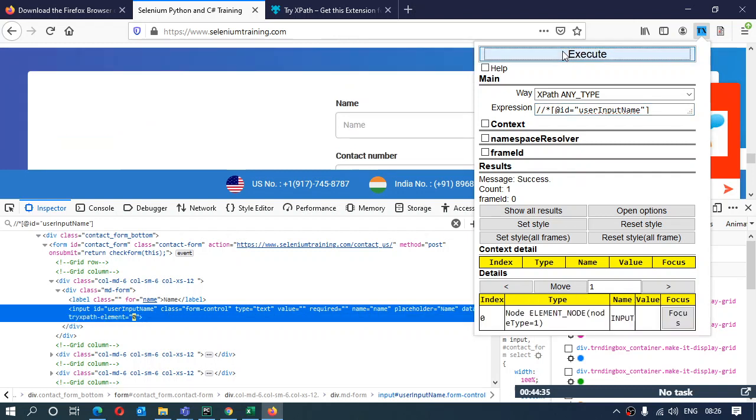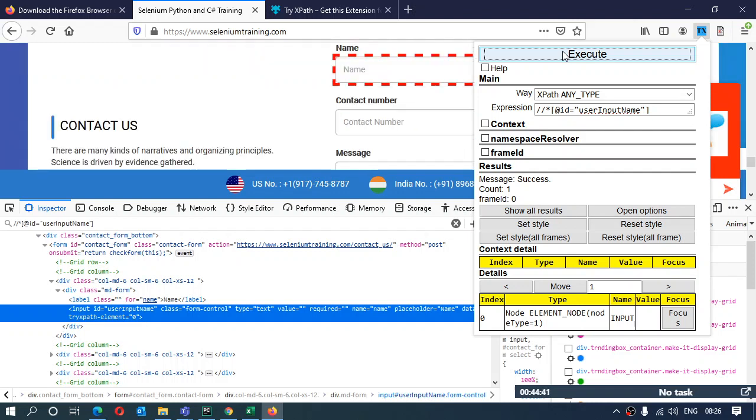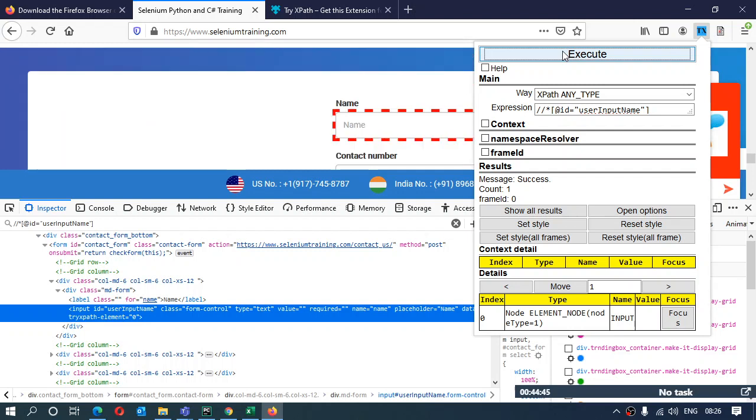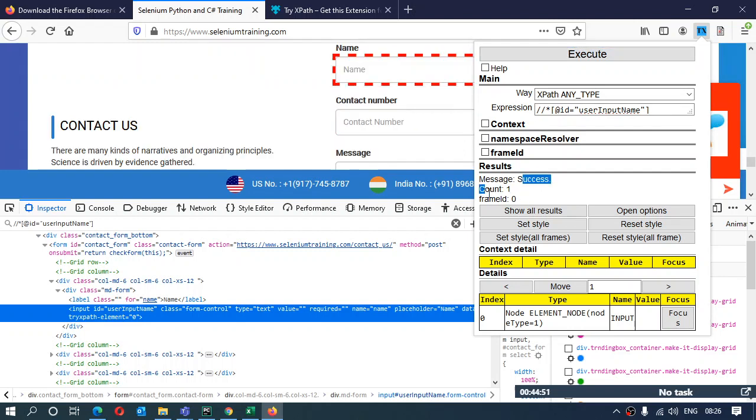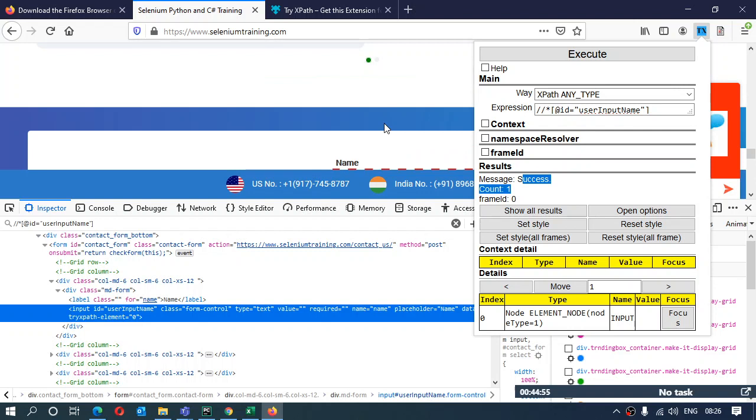It will look for the XPath that you have made in the whole web page, and it will return the elements highlighted by that XPath. It gives you the count as well, count 1, and shows where that actual element is lying.